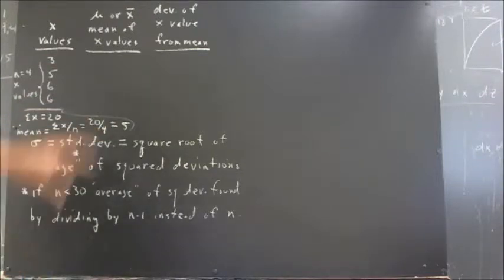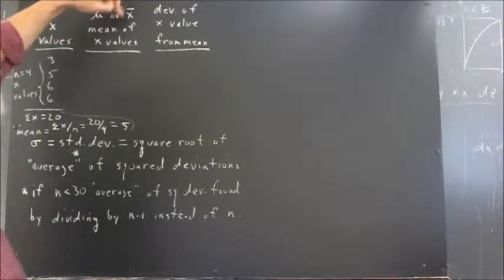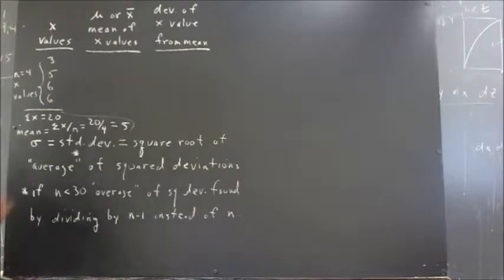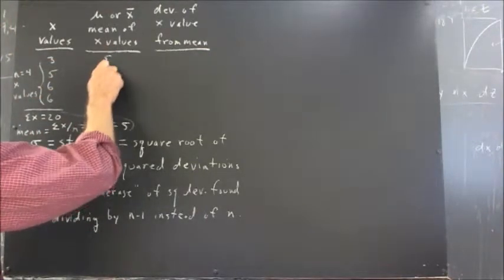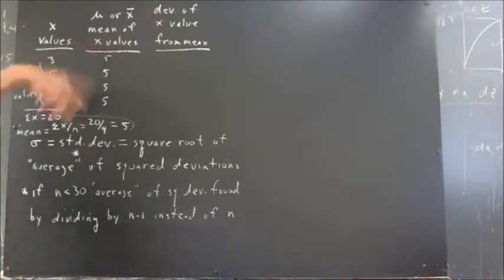Now, I've got a column here. I don't really need to have a whole column to fill in with the mean, but we use the Greek letter mu or x bar, x with a bar over it. Either of these is a standard notation for the mean of our x values. So our x value mean is 5. Okay, and I'm just writing down the 5s here